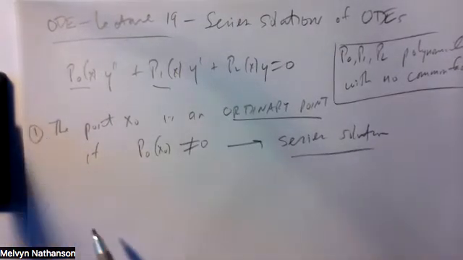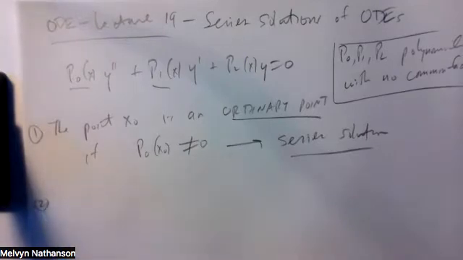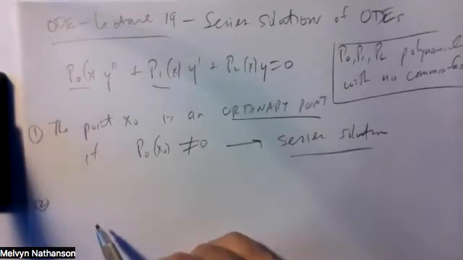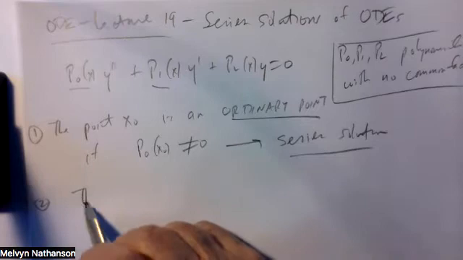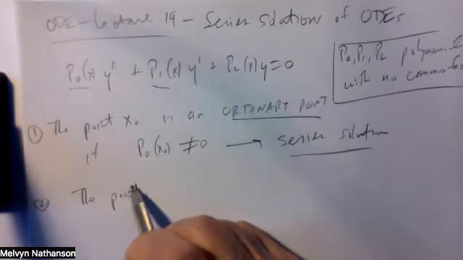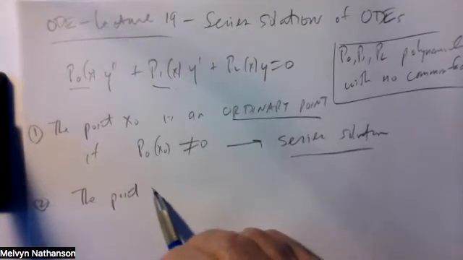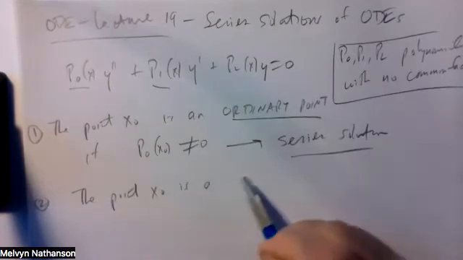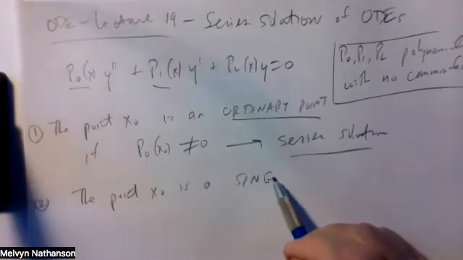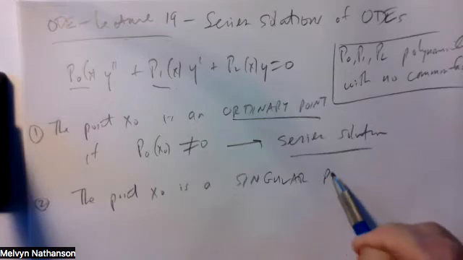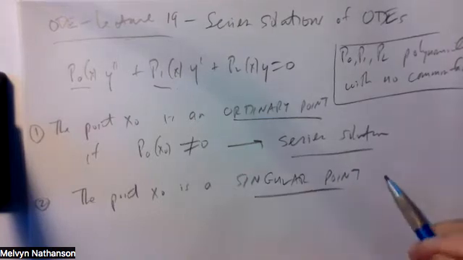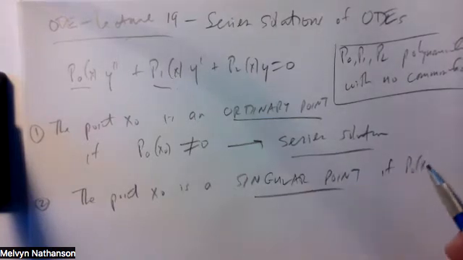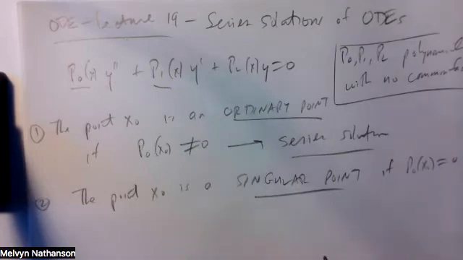That's the first case. But the second case, which is more interesting in some sense, only because it's harder, is when we have what is called a singular point. The point x naught is a singular point if P naught of x naught is equal to 0. And then you can't divide by it. So for example,